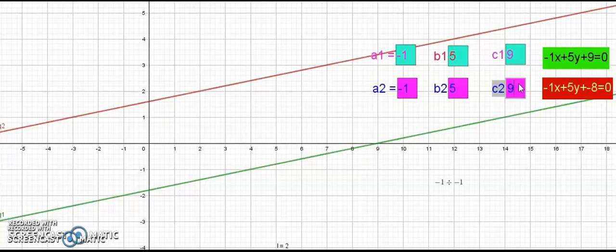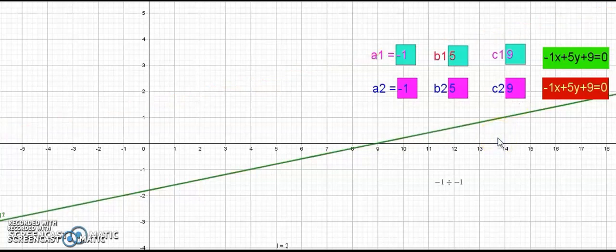Yes. What's happening to these two lines? Oh, I can see only one line right now. What happened to the other line? Let us change the value of c2 a little bit and see what happened. Yeah, actually one line over the other. So the two lines coincide when these coefficients are equal.